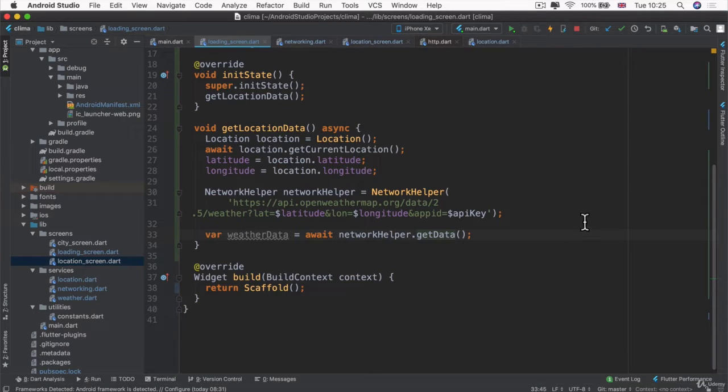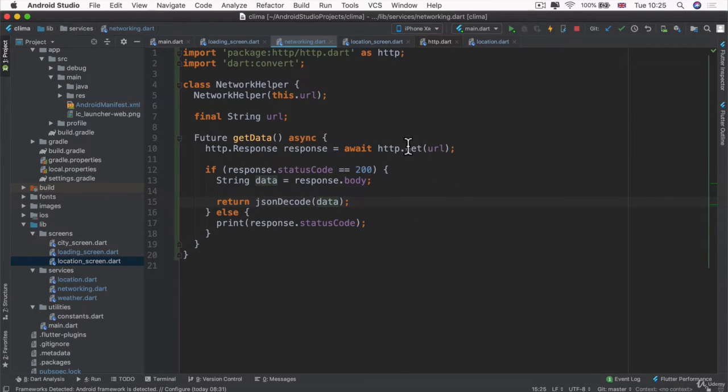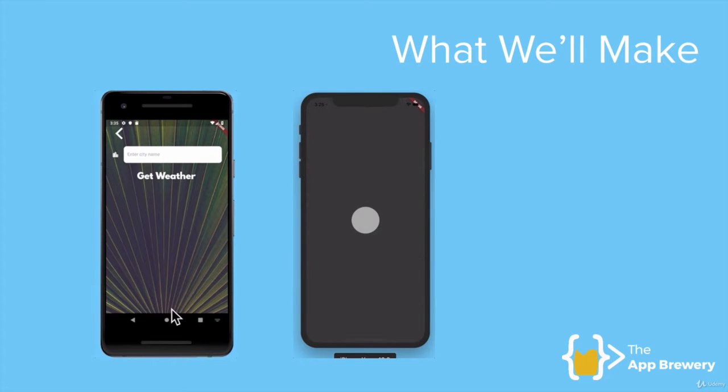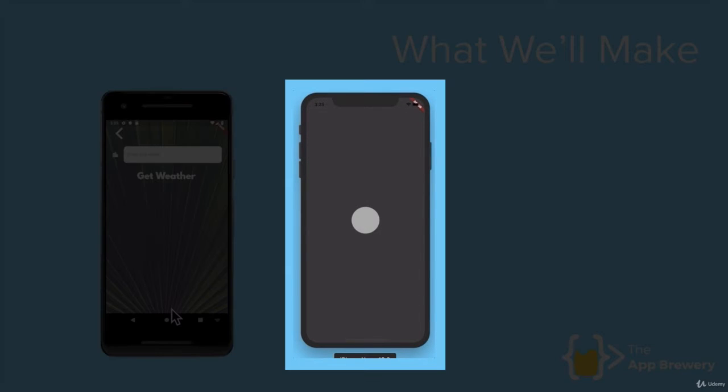Now, we've been writing a lot of code recently. Let's quickly review what we're actually trying to build. The final app that we're looking to build is going to look like this. The part I want to draw your attention to is the fact that we have a loading screen where we're